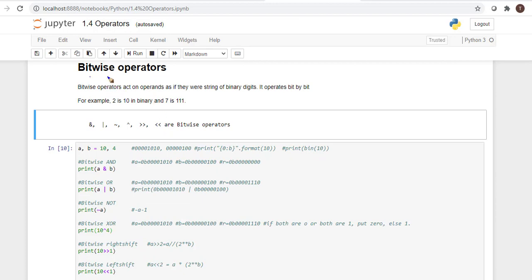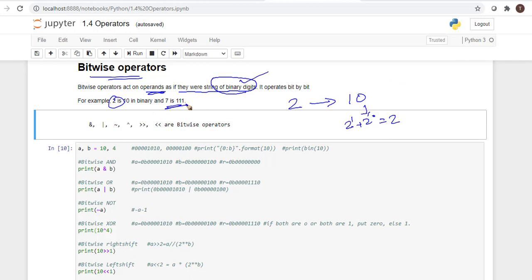Next, bitwise operators act on operands as if they were strings of binary digits. If it is binary digits, we can use bitwise operators. It operates bit by bit. Here 2 is an integer. If you convert it into binary, 10 is the binary for 2, which is 2 power 0 plus 2 power 1 giving 2.